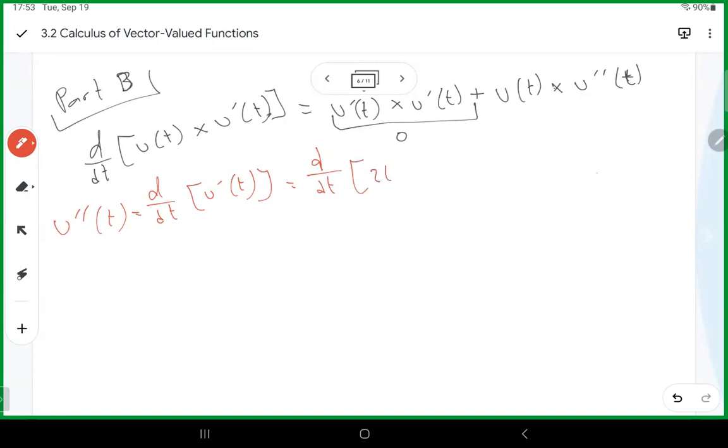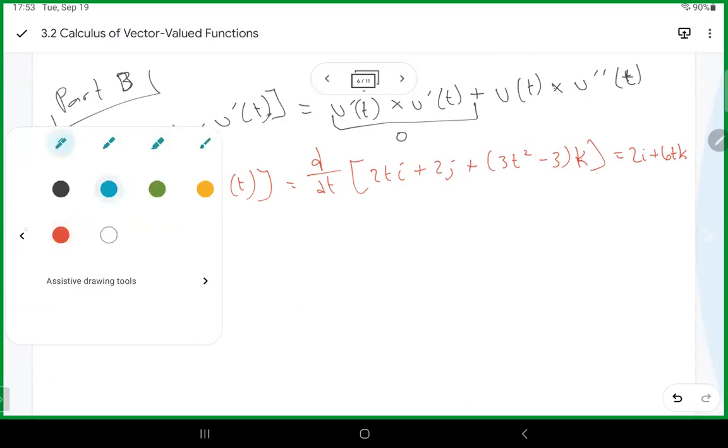It'll be 2ti plus 2j plus 3t squared minus 3k. And that's going to give us 2i plus 6tk. Then they say, therefore,